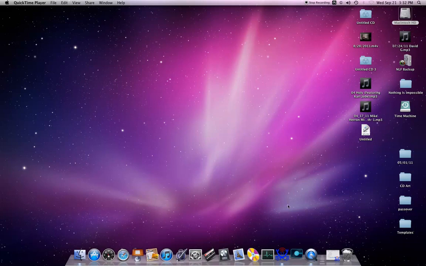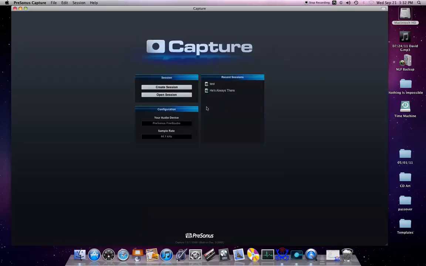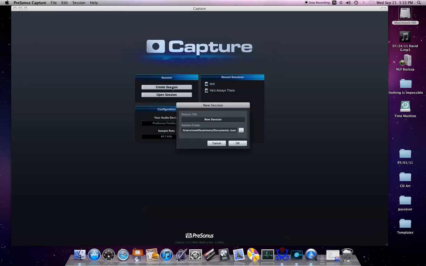Let's go ahead and click on it. It'll take you to this screen. What you want to do is create a new session and make sure that the Presonus Firewire is your audio device. If it says that there is no audio device, that means you need to reset the Presonus boards and the software. Sample rate will always be 44.1 kilohertz. So I'll hit create session, and then for this I'll just do test session,